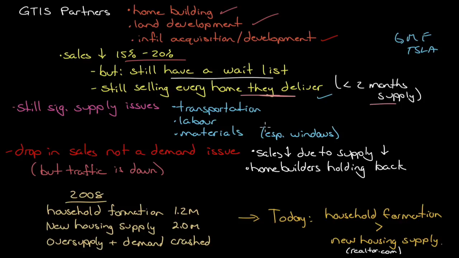What they are saying is that supply is still a significant problem. Issues in transportation, that is getting materials to the site, issues in finding labor, and in actually sourcing materials, especially windows. And they relate, anecdotally, a development that they finished where they couldn't get the windows, so they delivered the houses with plywood windows. Just boarded up, saying as soon as the windows come in, we'll get them to you, but there's no point in you waiting any longer for your home. We don't know when the windows are going to come in.